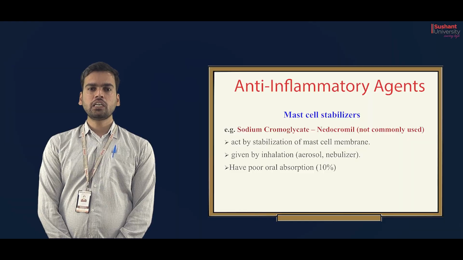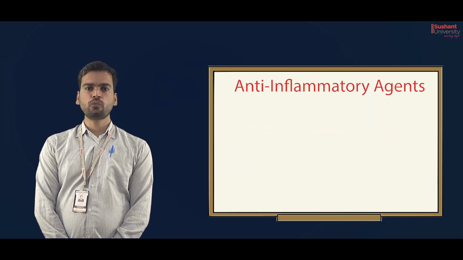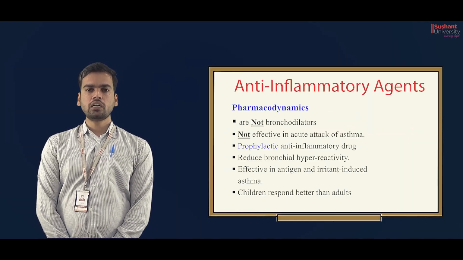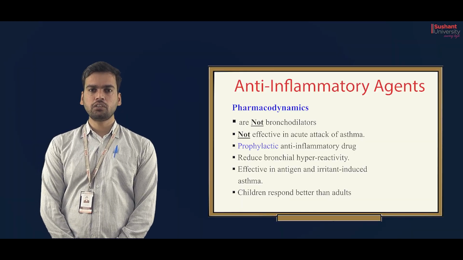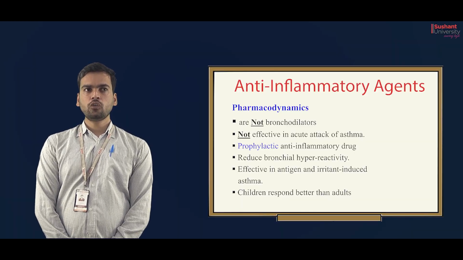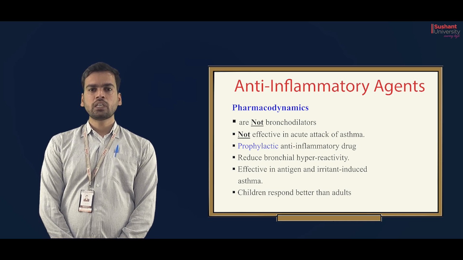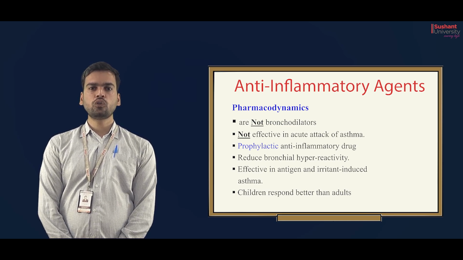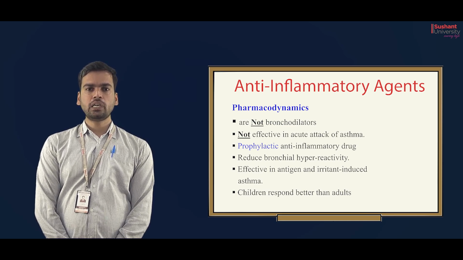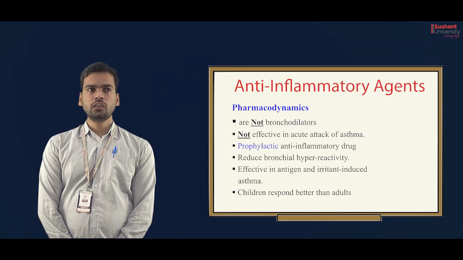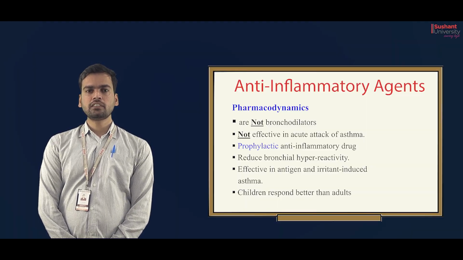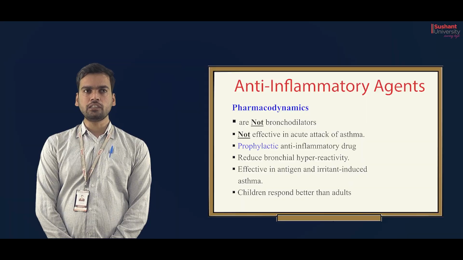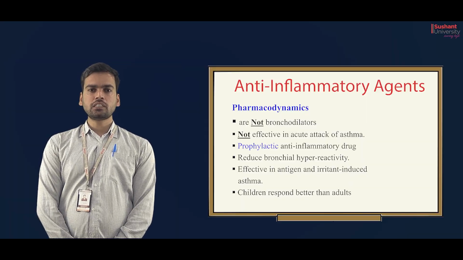When we are talking about the pharmacodynamics of mast cell stabilizers, they are not bronchodilators and do not produce any particular bronchodilator actions. So they are not effective in the acute attack of asthma, and we are not supposed to use this type of medication in an acute attack. They are prophylactic anti-inflammatory drugs that reduce bronchial hyperactivity,